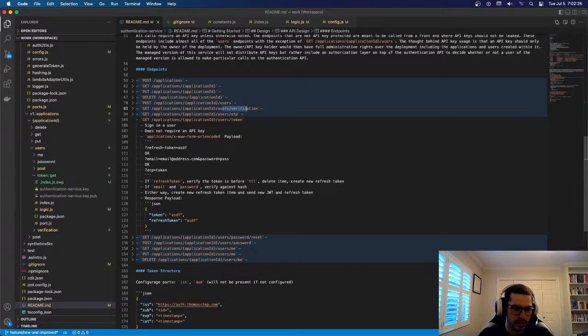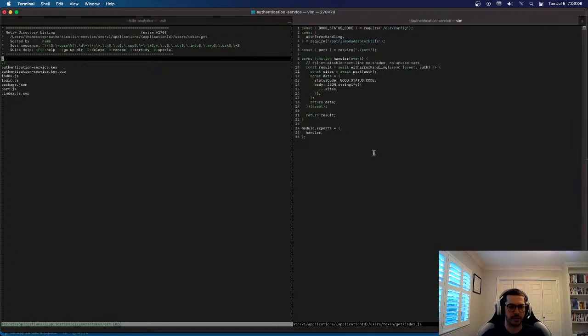So either a refresh token, or an email and a password. I've never implemented a refresh token before, so I don't exactly know what that's going to look like, but